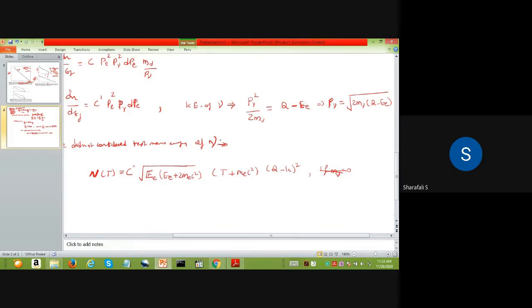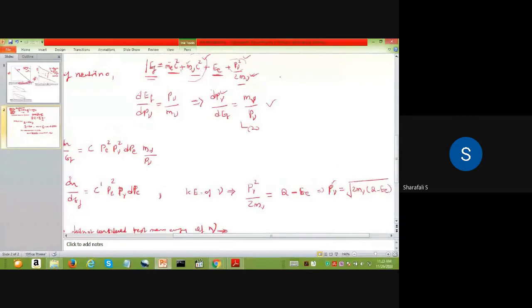So that is the kinetic energy of neutrino with, sorry, p nu with rest mass. But if you consider in this case what we have done, the kinetic energy of neutrino, which is p nu into c, is equal to q minus E. Then from that we can get p nu equal to 1 by c times q minus E, right? So this is different from this p nu. So there is a difference in the p nu value.